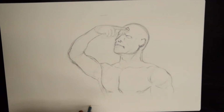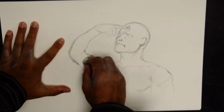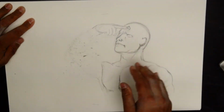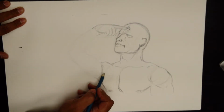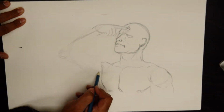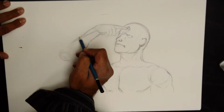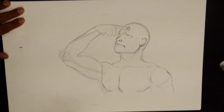So what we have here so far is a mistake, because I intended to do something else and I have to fix this portion, because I'm now showing the arm at a completely different angle. I've realized that I have to show the hand in a completely different direction than I initially intended. So I'm going to again use the same lines, extend that forearm, go here and meet him somewhere here. So I have to extend that, come around here, that hand like that, comes over here, the elbow around here,